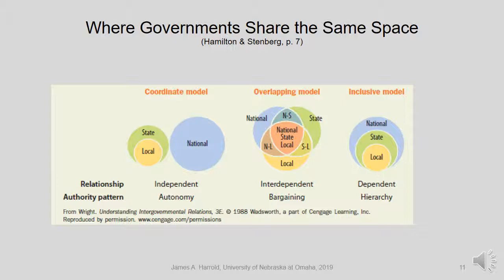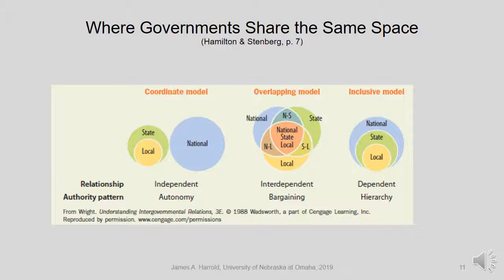And so in this model, they're independent, and there's autonomy, but they do coordinate with each other a lot. In the overlapping model, the one in the middle, what you see here is more of an idea of bargaining. So we have three levels of government, right, in this kind of Venn-looking diagram: the national, state, and local governments. And in the middle, they meet with some overlapping responsibilities. And so what happens is they bargain for who is going to do what to whom, and who is going to serve what clients, and who is going to tax in particular ways, and who is going to fund the others, and who is going to spend another level's money. So it's a bargaining relationship.